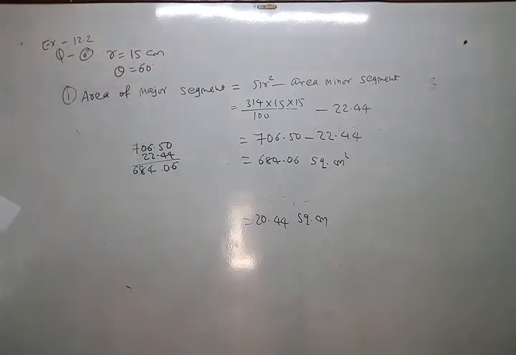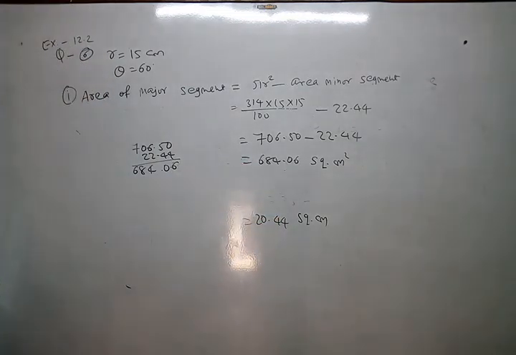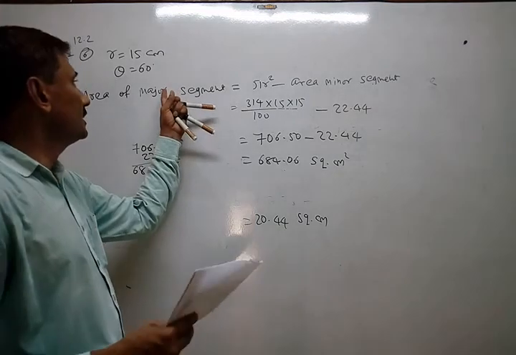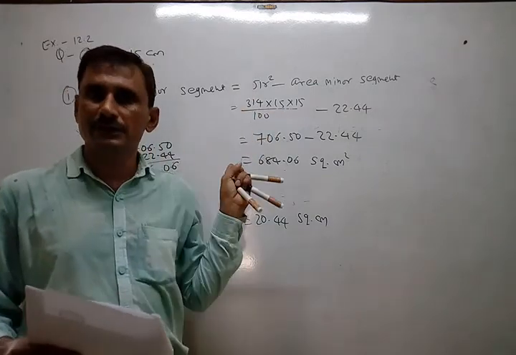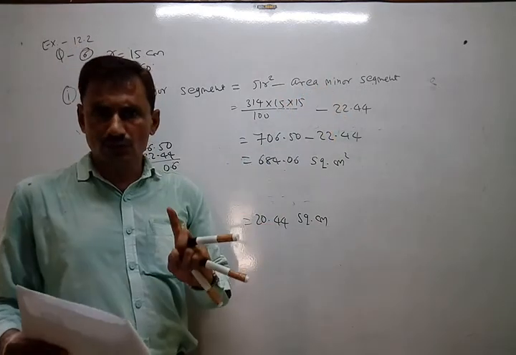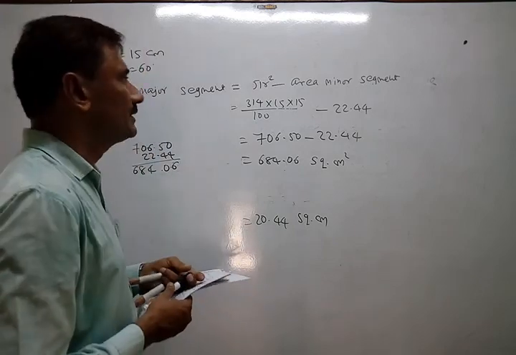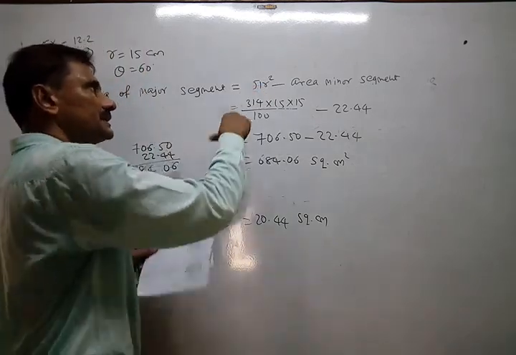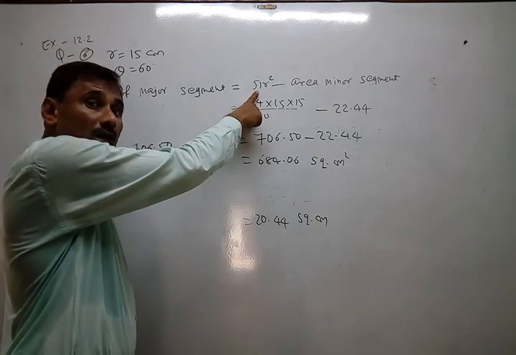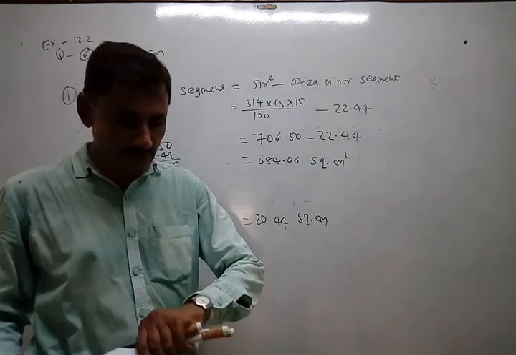Okay. So these are the required answers: area of minor segment, area of major segment. Okay. So just understand and remember our formula. Area of major segment, first time we found it. How to find? Indirectly. Area of minor segment you know how to find, 3 formulas I have given. According to it, after finding minor segment, you can find major segment indirectly from total area. Total area means pi r square. Remove minor part, so automatically major part can be found.